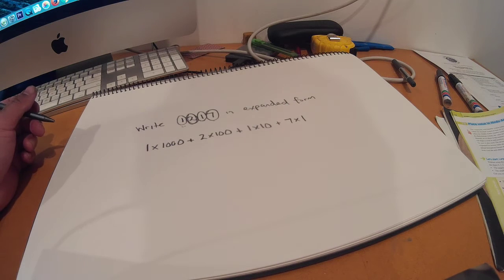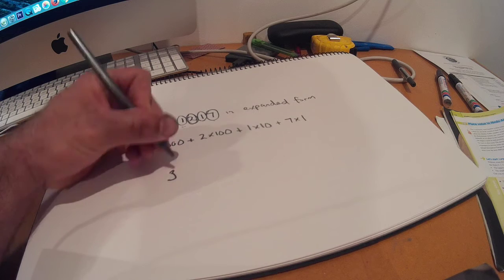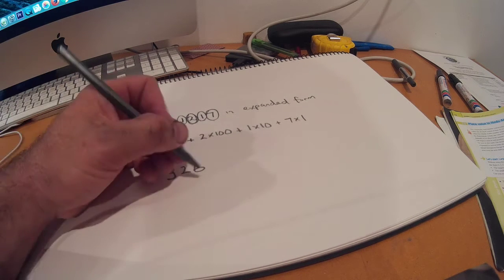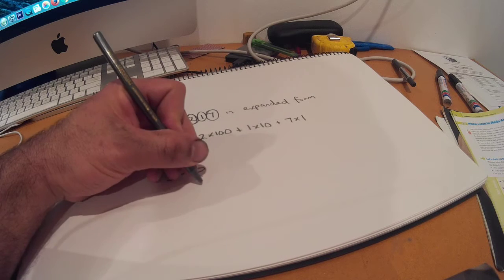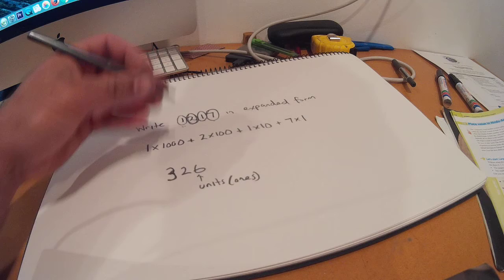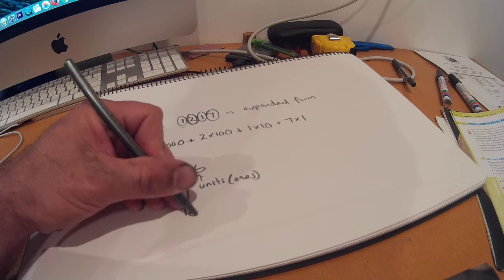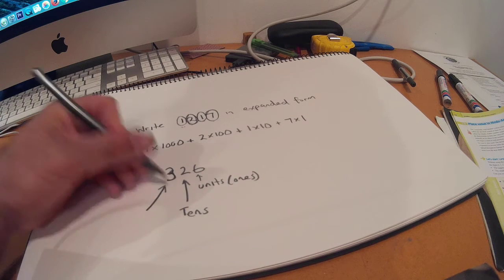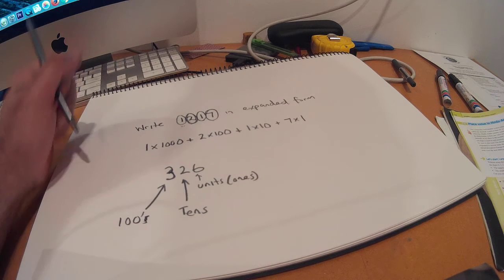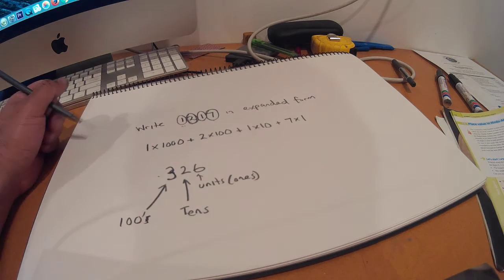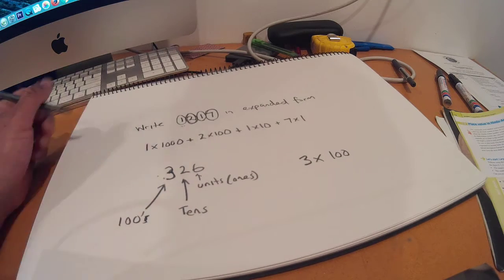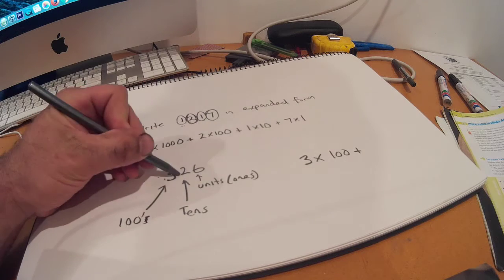So let's do one more simple example. 326. I'm going to write down the place values. That is units, which is the ones column. This is tens, and this is 100s, hundreds. So to write this in expanded form, start with the big number. 3 times 100, because it's a hundreds column, and it's a 3, plus 2 times 10,